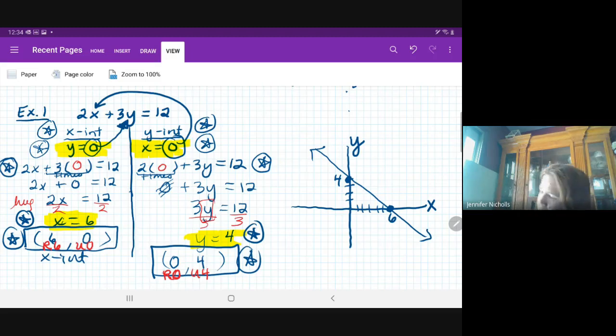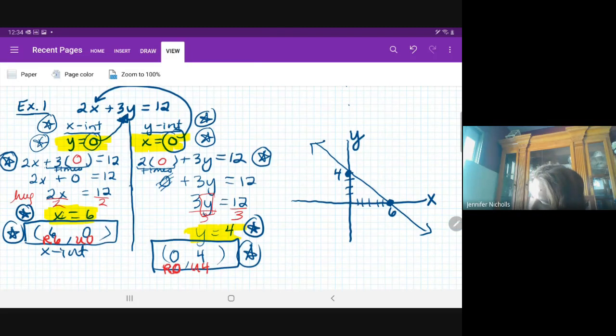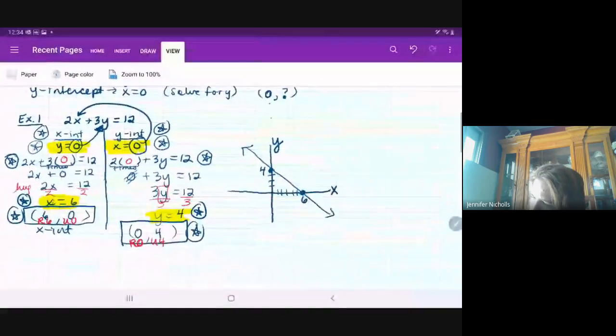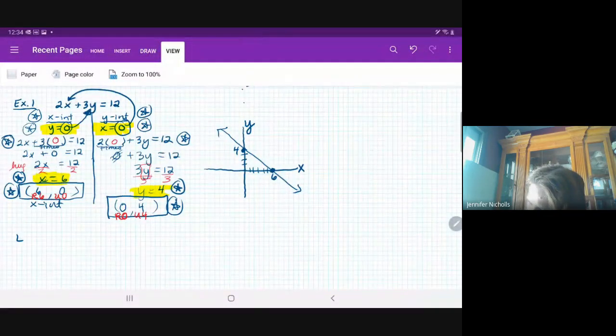Okay, let's do another one. We're going to do one with negatives. I'm going to scooch down a little so that you could still see the old one. So example 2, I'm going to have a negative in it. So let's say we have 3x minus 4y equals,